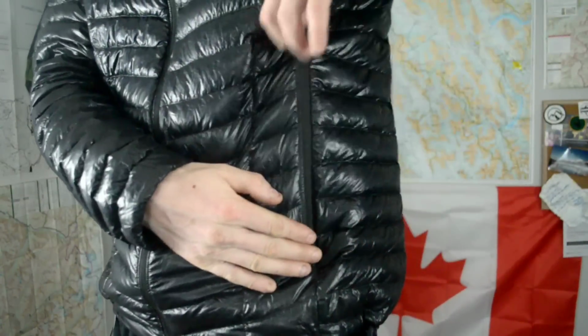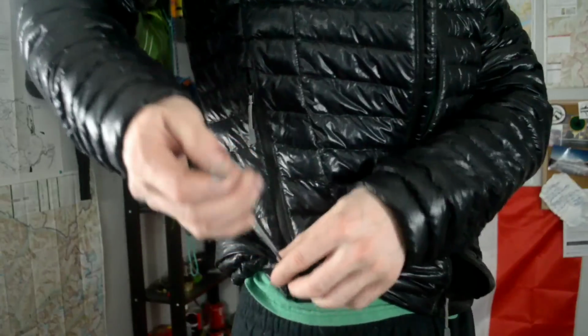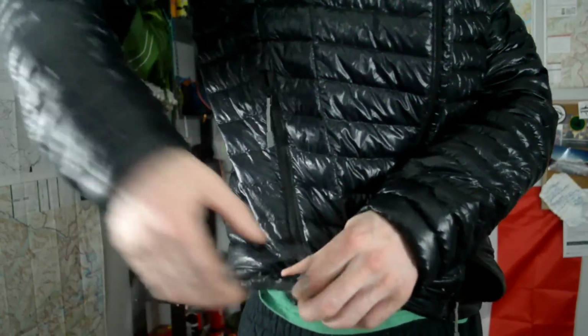Zipper comes all the way up to your chin. The hood seals really well. I really like it. On each side at the front, you do have 2 zippered front pockets. Pretty awesome. Zipper does come all the way down. And then at the side, on the right-hand side, you've got this little shock cord toggle to cinch up the bottom to stop any drafts from getting in. On the inside of the pocket on the right-hand side,